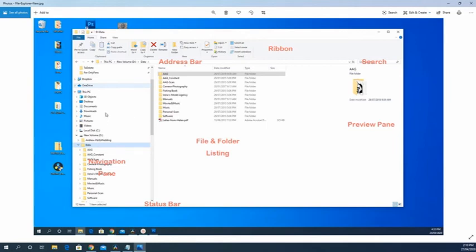Now you can expand down here in the navigation pane. Some of these have got greater than signs and a down arrow sign. The greater than sign means that there are more folders listed in that particular drive or folder that you have highlighted. And when they've got the down arrow, that tells you they're the ones that have been expanded out. So you expand it out by clicking on the down arrow. I'll close this and I'll open up